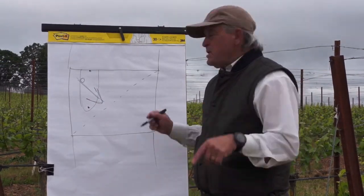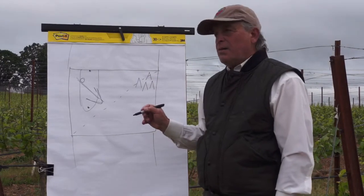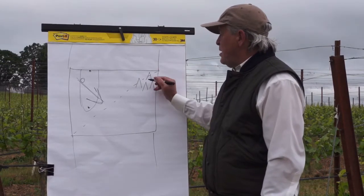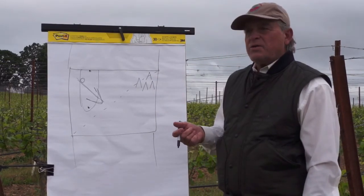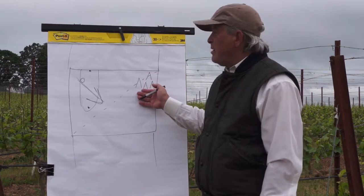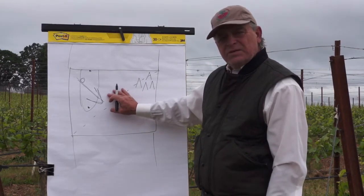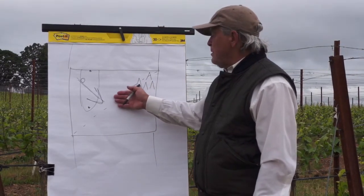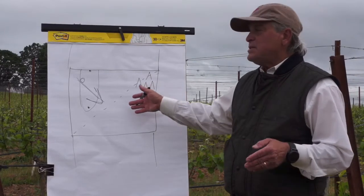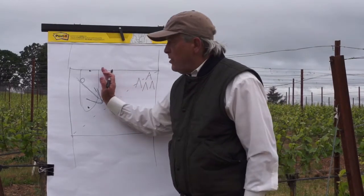Just 15 million years ago, we had the Blue Mountains, what we call the Blue Mountains now, up here in the northeast part of the state, in the corner with Washington and Idaho. 50 million years ago, they were the most violent volcanoes in the world, by far. And they issued so much lava that they filled in a massive basin in the center of the state where Bend is. Filled it with as much as 2,500 feet of depth of lava that cooled to, in most cases in that area, andesite. Once that trough was filled in, the material kept coming,